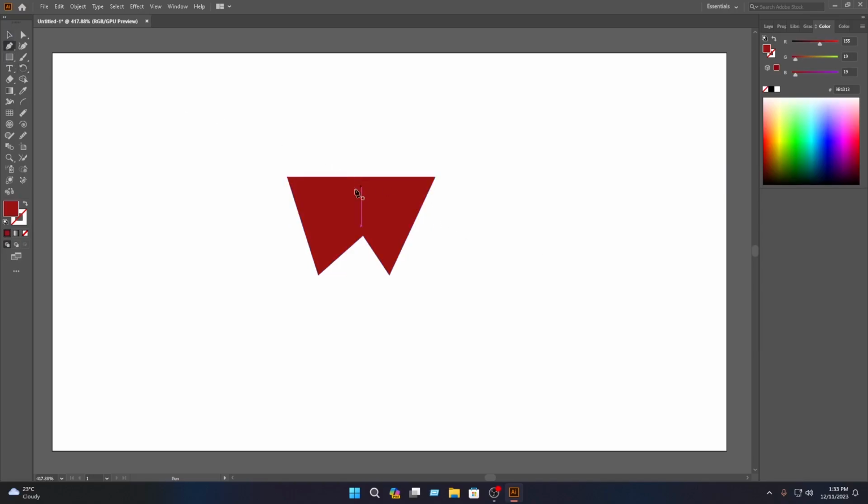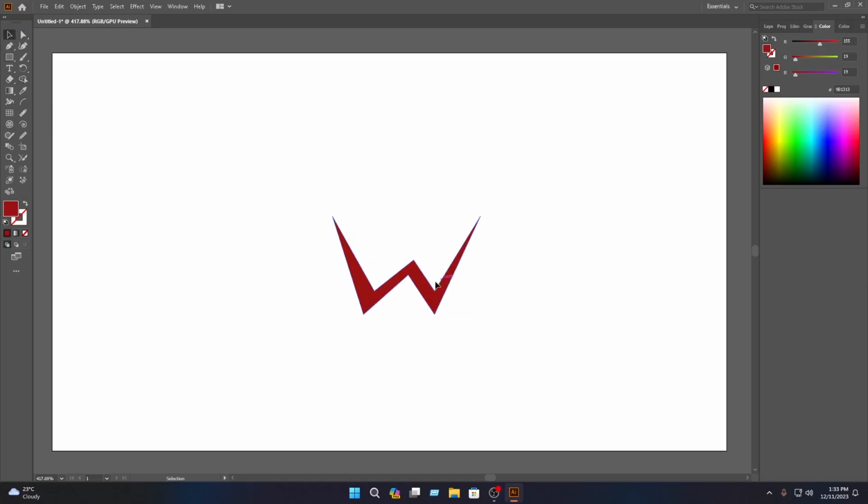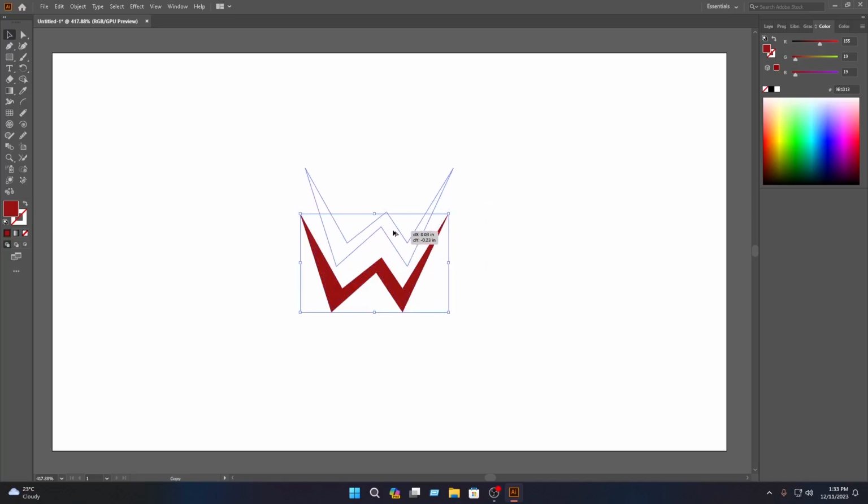Then you have to select the pen tool, then click on here, then here, then here, then here, then select the move tool, then select this and drag this in here, then select this and press and hold the Alt key, then take it off from this,